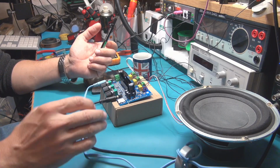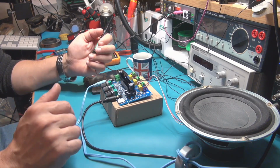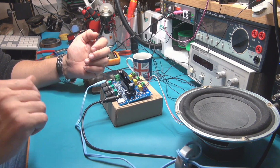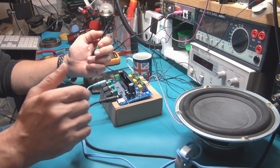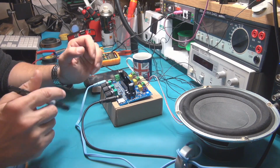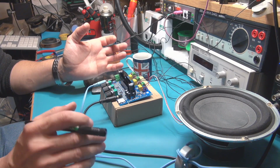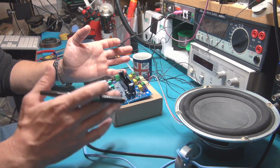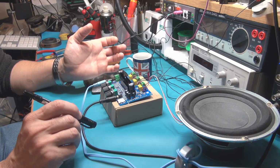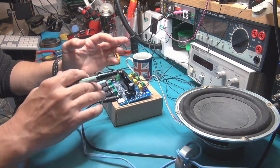Today on the bench I have this little Class D amplifier coming from AliExpress. I have had it for a few days and I was waiting to make some review about that. And today I am doing a review about this Class D amplifier. What I want to say about this amplifier is, firstly, this is an absolutely amazing amplifier. It literally blew my mind,